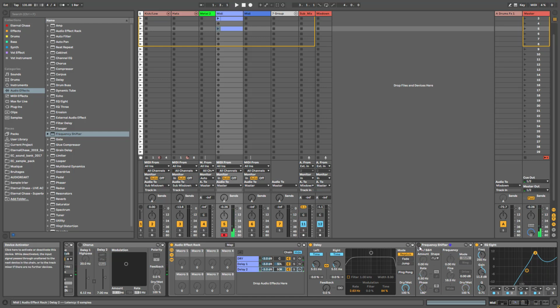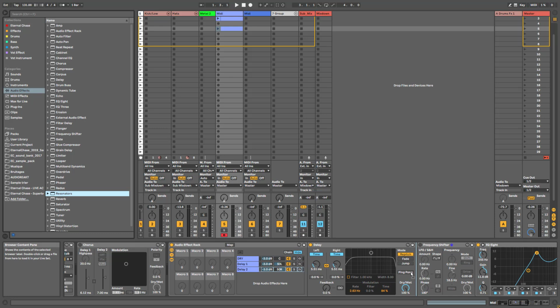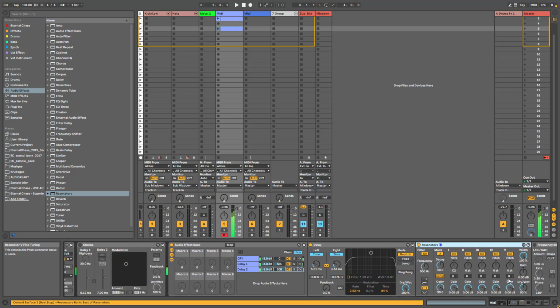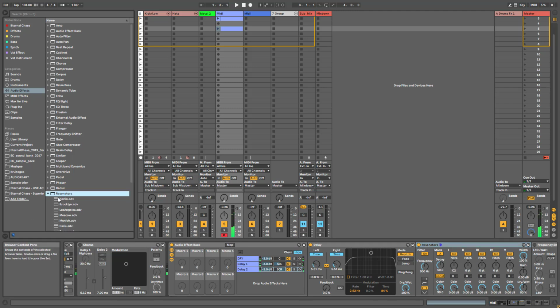Yeah, why not? Or you can even, let's see, the resonator. And let's grab another preset to put it in the other one. And you can just create kind of a weird chorus effect. And the thing is, you can now transform it into a more playable device by assigning everything to